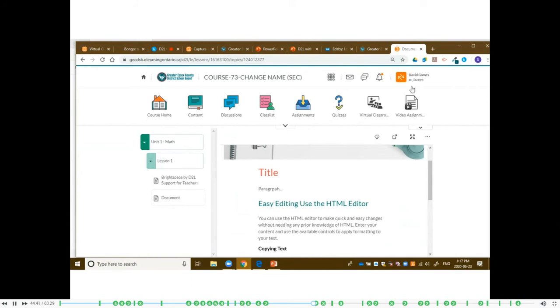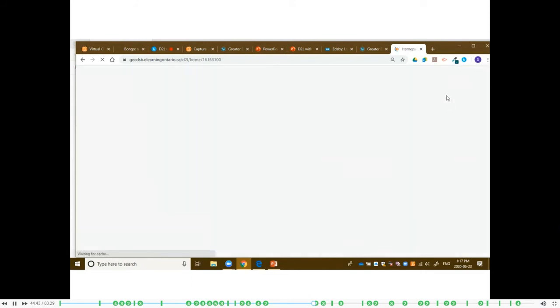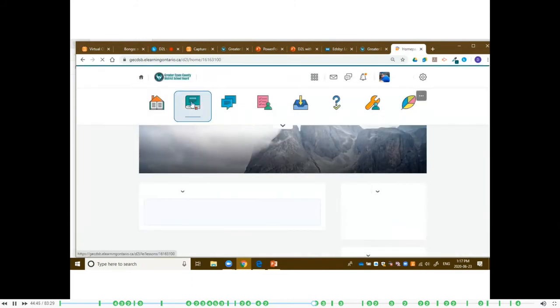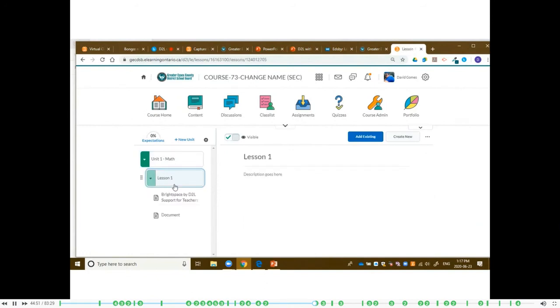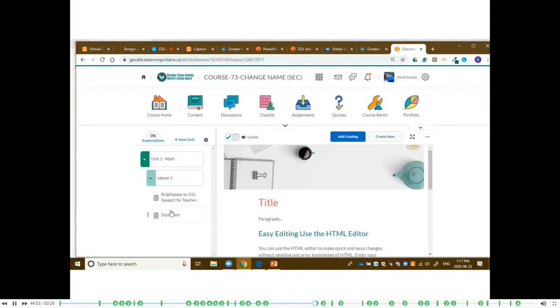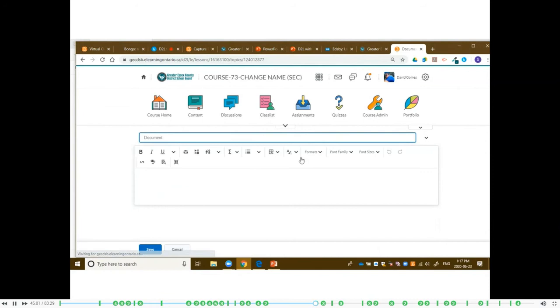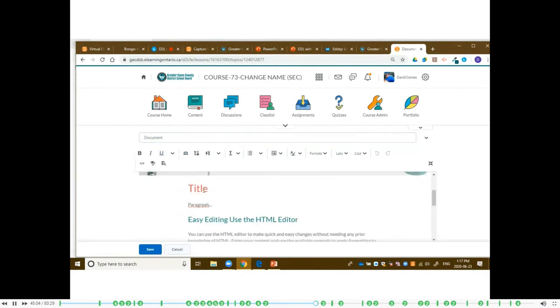Now, one other thing that I'd like to show you is if you've already recorded a video note and you want to put that video note into your course somewhere else, then inside this HTML document that I've created, I'm going to go in and edit this. So I'm on the document, I select the three dots, I select edit. And then inside here, if I want to put that video note right underneath here, I'm going to go to